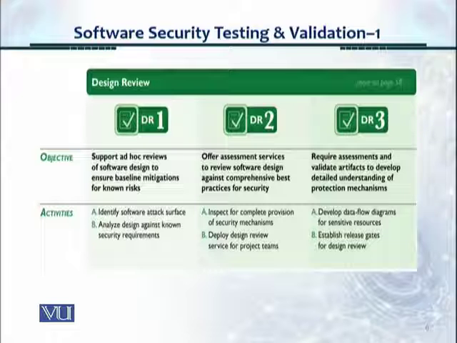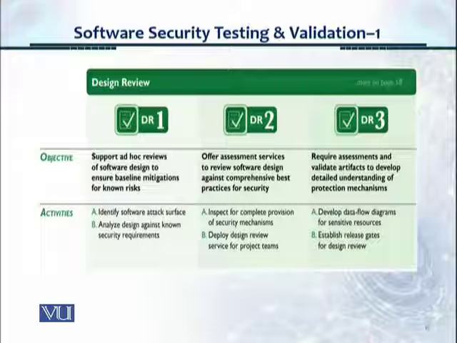The first objective is support ad hoc reviews of software design to ensure baseline mitigations for known risks. And then the activities are identify software attack surface and analyze design against known security requirements. And you can actually see this in detail in the SAM document. The design review second objective is offer assessment services to review software design against comprehensive best practices for security. And then we have the activities, which are inspect for complete provision of security mechanisms and